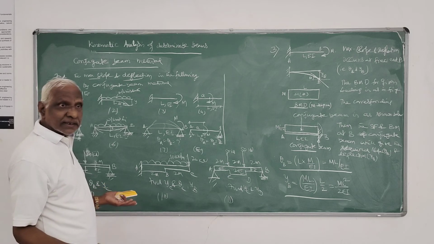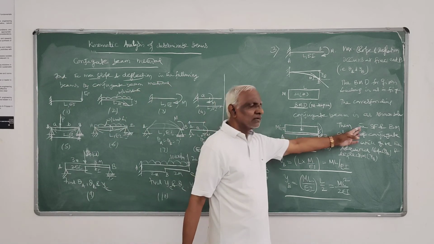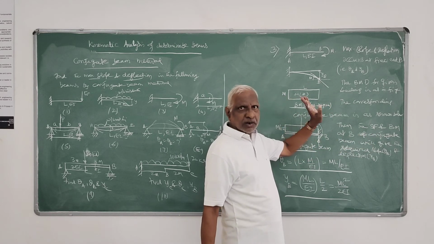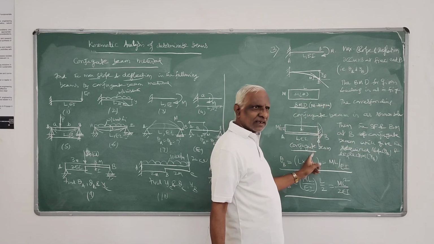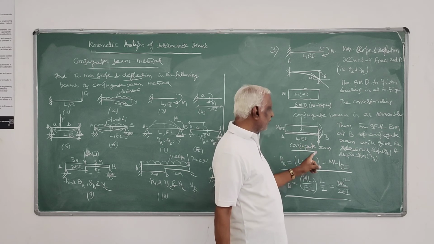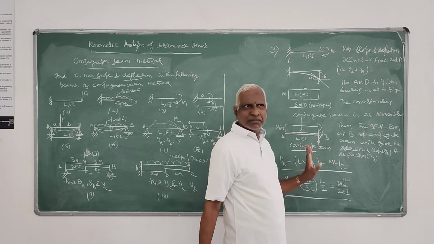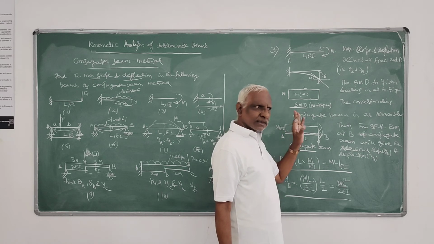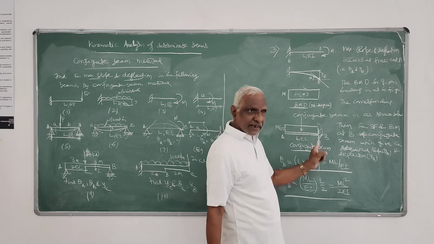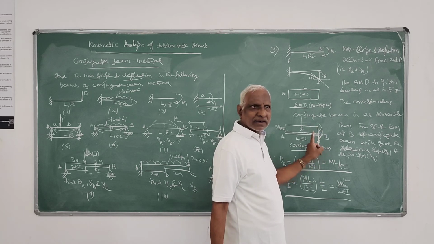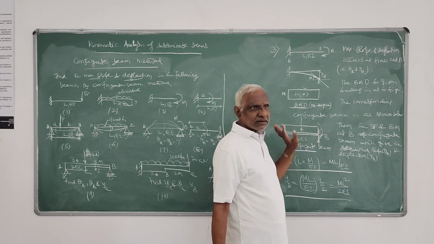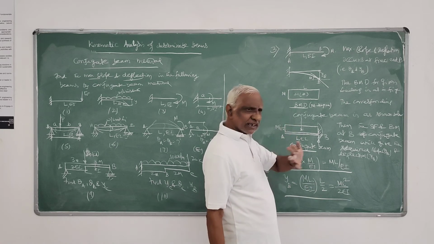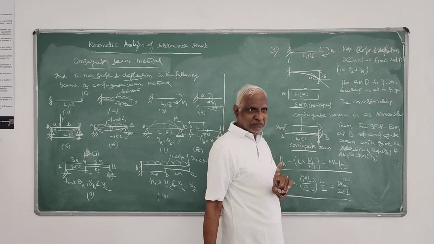Sign convention, you need not write anything, it's only a definition I have told here. The slope and deflection in the real beam at that point will be the shear force and bending moment in the conjugate beam. You are writing a conjugate beam, it's also a beam, an imaginary beam. In that imaginary beam, you are again finding the shear force and bending moment at the point where you have to find. Here also, because of load application, it is acting in the downward direction. The direction you don't have to bother about, I told you.